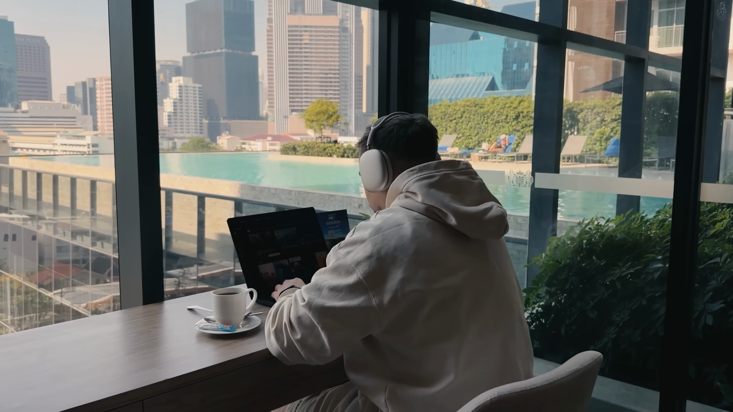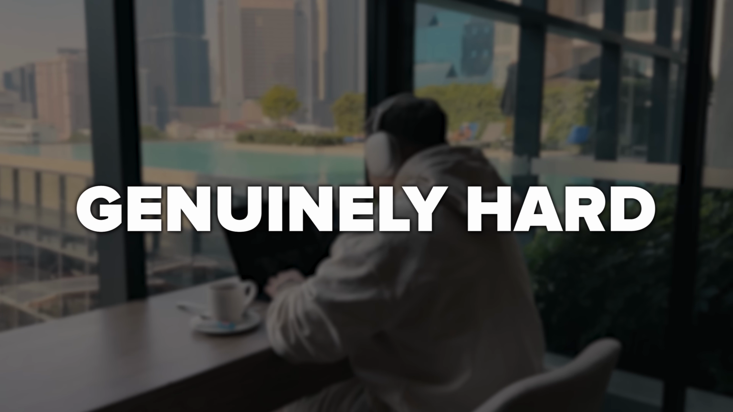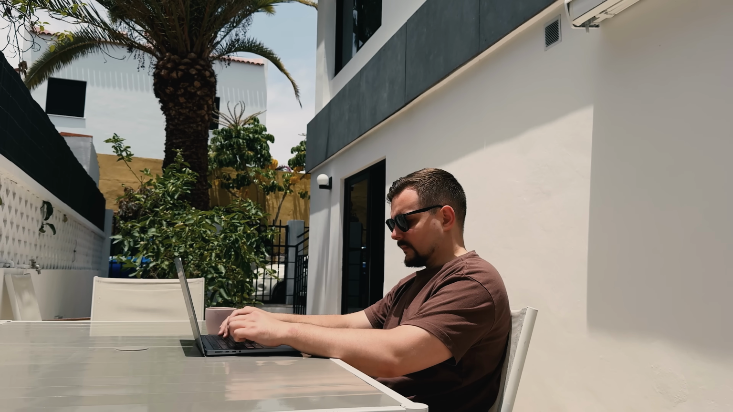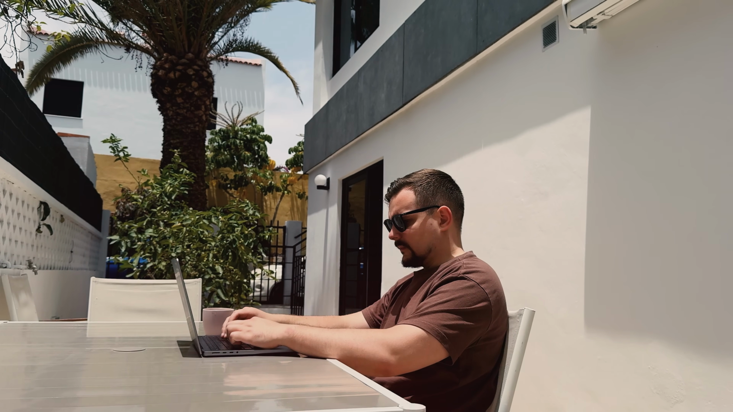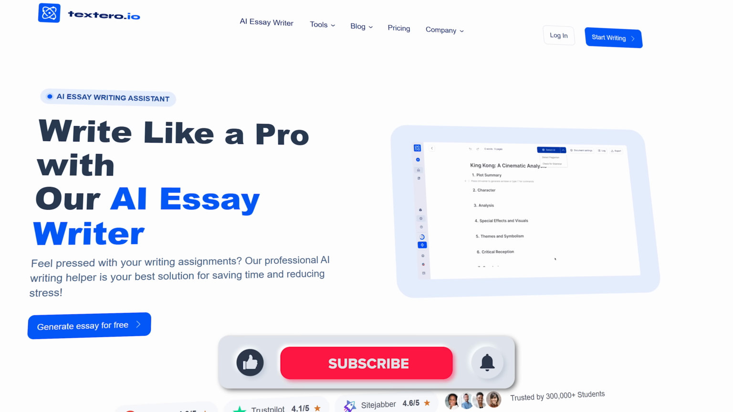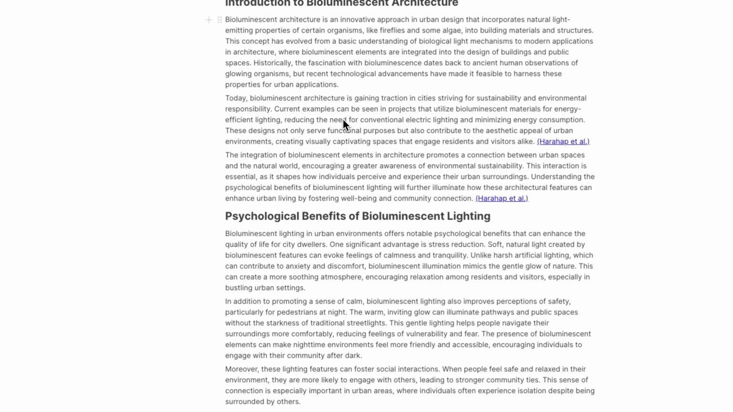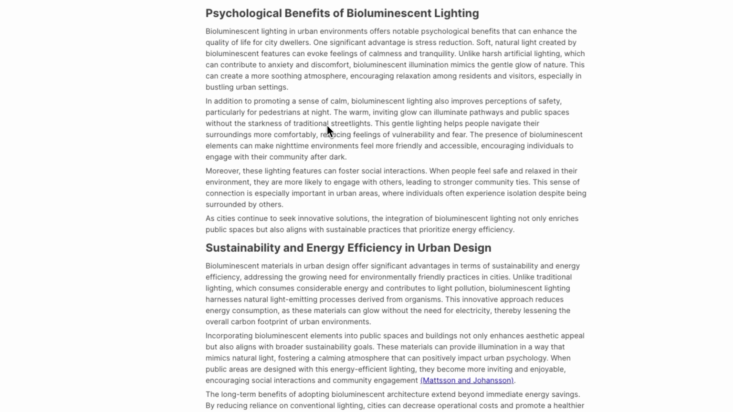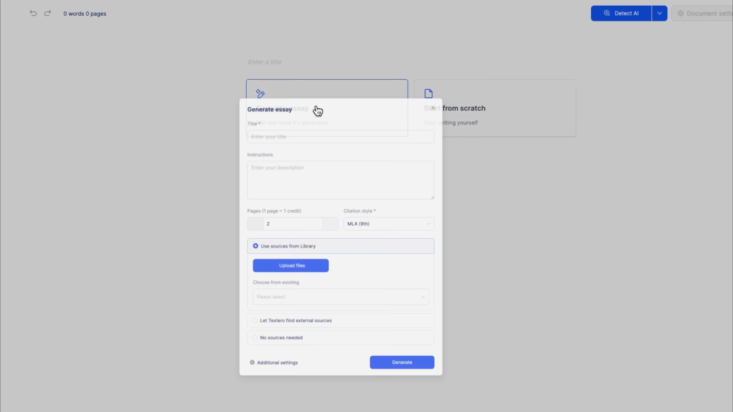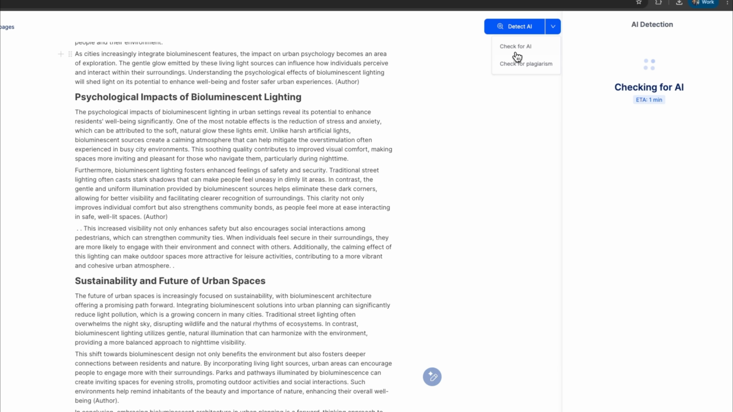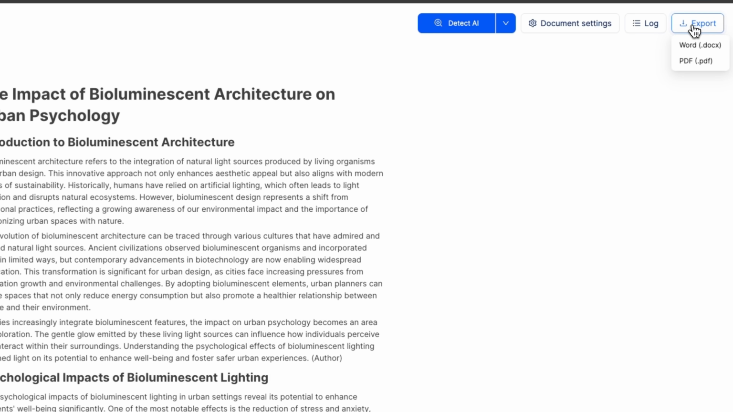Folks, writing an academic paper from scratch is genuinely hard. That blank page moment does not get easier with experience, no matter how many papers you have written before. I'm Daniel, and today we are looking at Textero, a study assistant that helps you get past that first wall and build a solid draft. I am going to walk you through the full workflow: draft generation, adding your own sources, running the detectors, and exporting the final version. By the end, you will know exactly what this tool does and whether it fits your